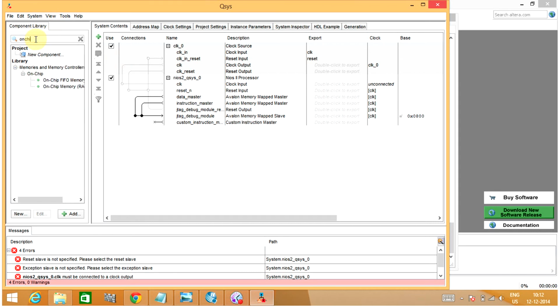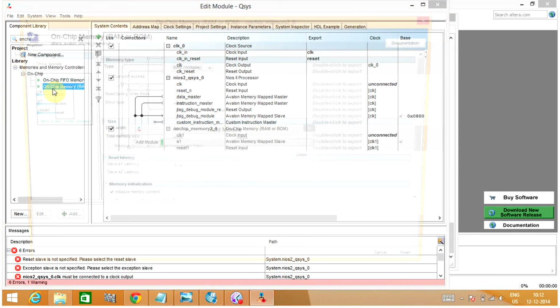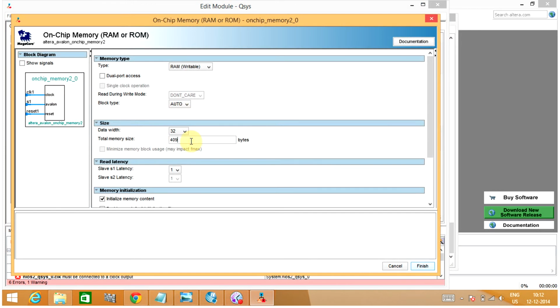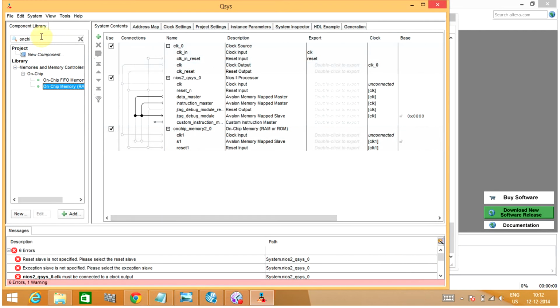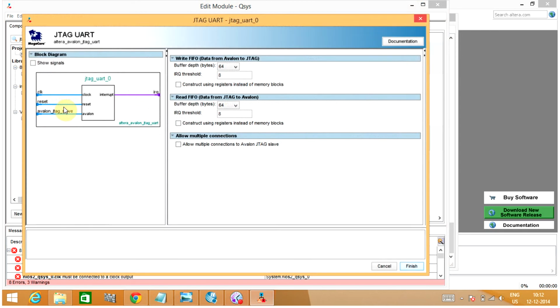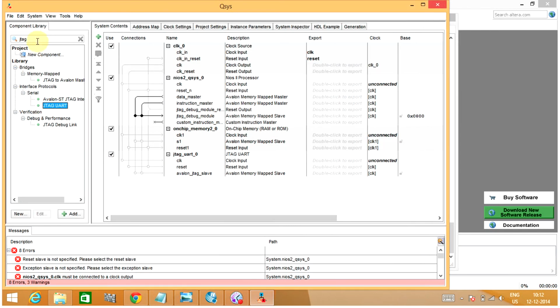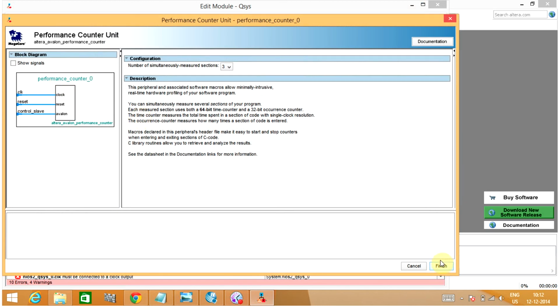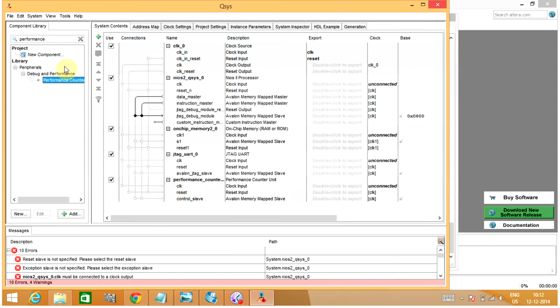Then on-chip memory, JTAG UART port. There are no changes to be done in all these. And the performance counter. The performance counter would indicate how many cycles have been taken to execute the entire thing. So we included the performance counter.